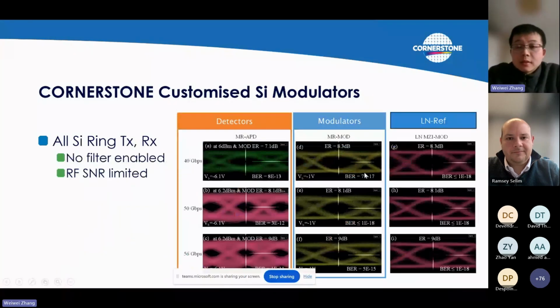So this is our characterization of the detector and modulator, referenced to a lithium niobate modulator. Here I would like to note that when we test the detectors and modulators, we do not use any filters. If you use an optical filter, you can filter out optical noise, especially when you're using erbium amplifiers. We also don't use any electric filters inside our scope, because this would significantly reduce the signal noise, right? In this case, we don't use any filters, to show the raw eye performance